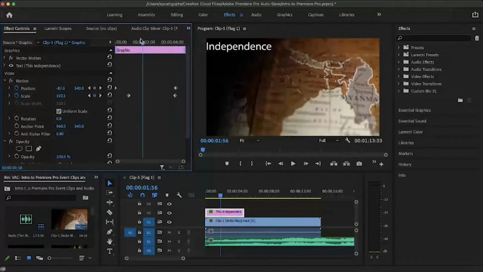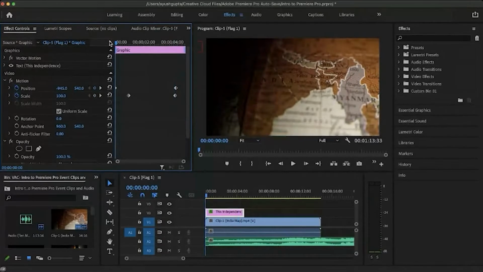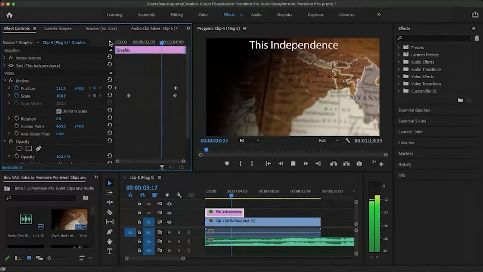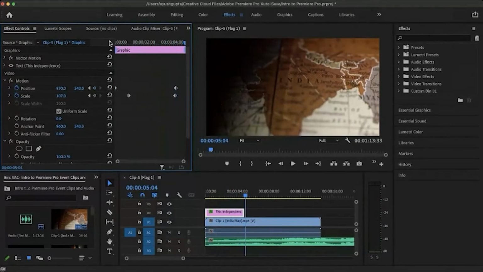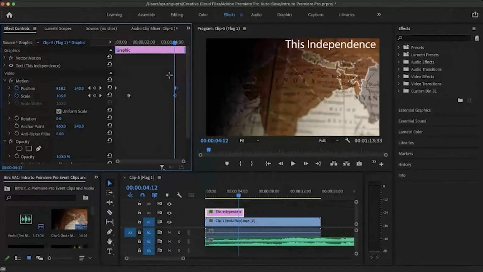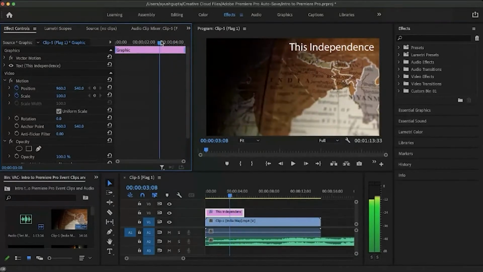So when I play from 0 again, it will transition for both position and scale accordingly as I told it to. Though the size increase is not evident, I showed it to you for the example. I'll just delete it. Yeah, so this is for explaining the keyframes.